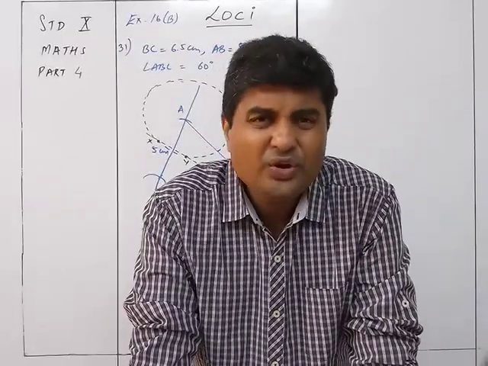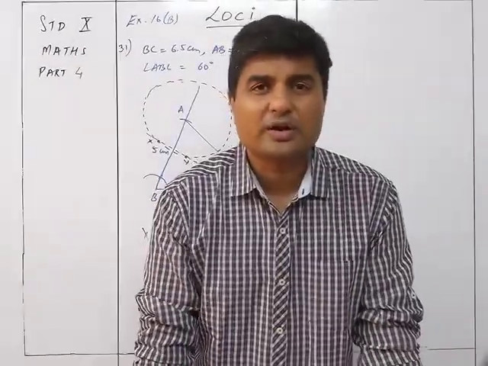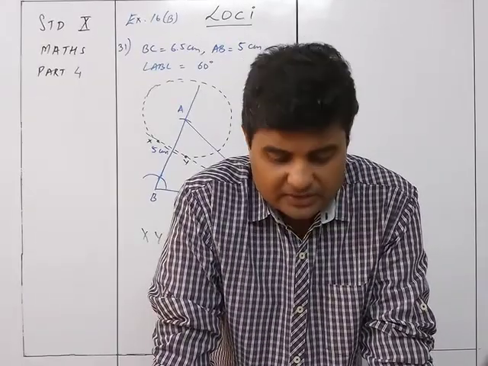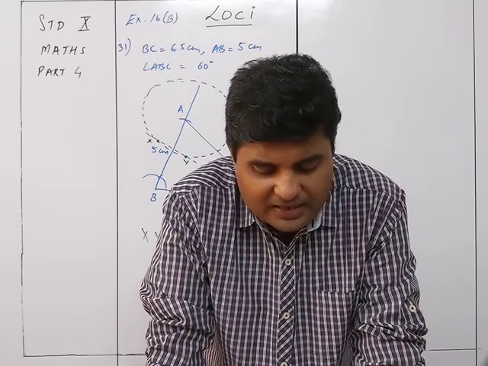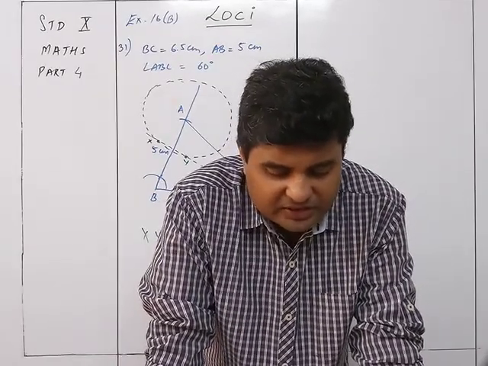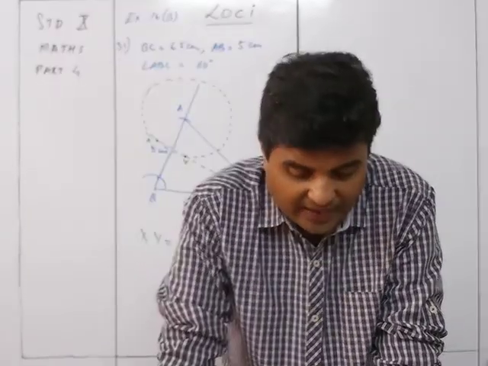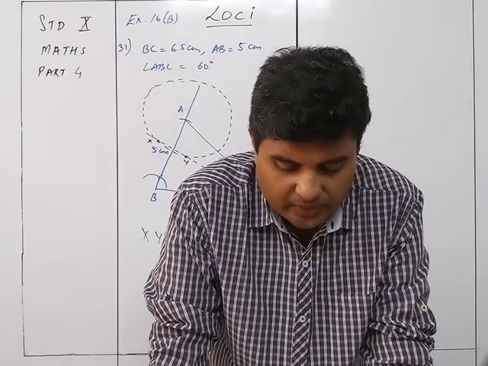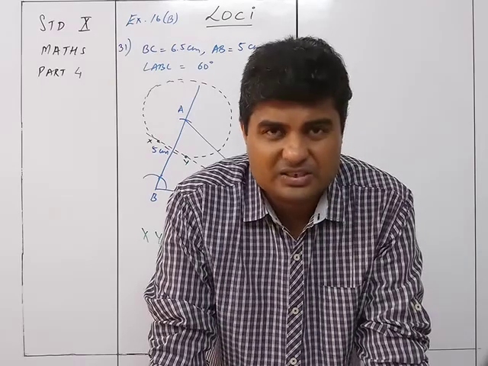Similarly, we know when we draw the incenter, what is that? It is the intersection of the three angle bisectors. In each triangle, the bisectors of the interior angles meet at a point. The point of intersection is called the incenter of the triangle and is equidistant from the sides. I is the incenter of the triangle given over here, and ID, IE and IF are the inradius of the incircle.